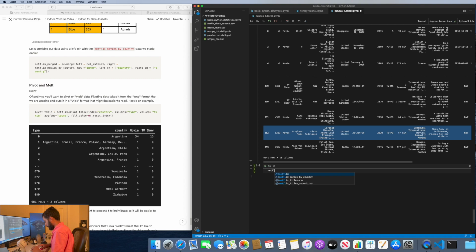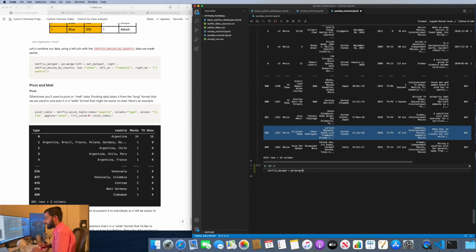So we're going to call this netflix_merged equals pd.merge. There is a join method too, and again, join is the term that we use in SQL. That's why I translated it over here. My understanding is that join is the standardized term. I'm not too sure why they use merge, but,